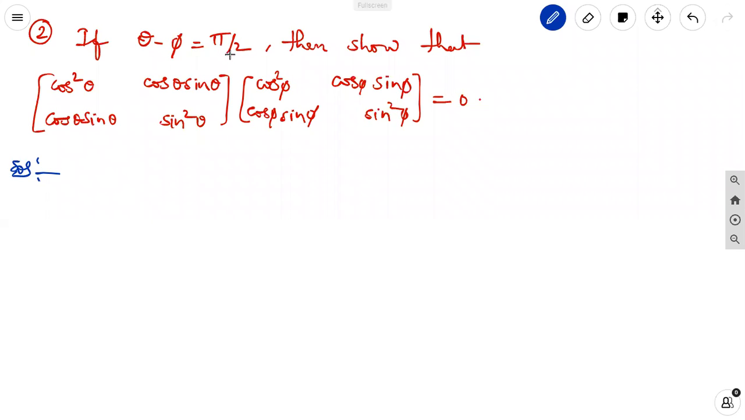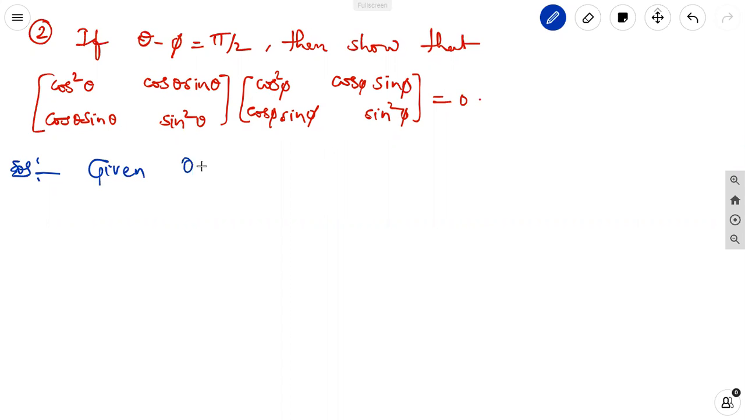If theta minus pi is equal to pi by 2, then show that the product of the square matrices [cos square theta, cos theta sin theta; cos theta sin theta, sin square theta] and [cos square phi, cos phi sin phi; cos phi sin phi, sin square phi] is equal to 0. See here, first what they have